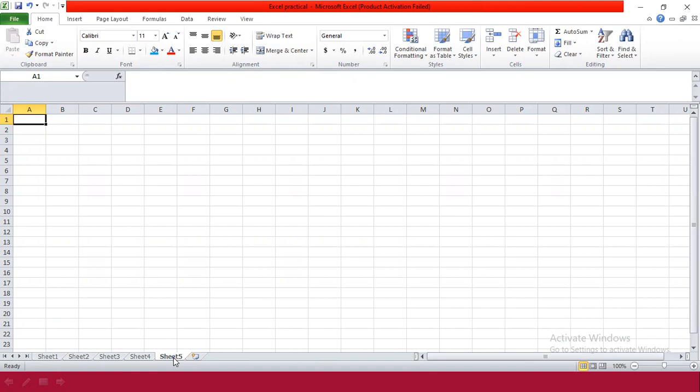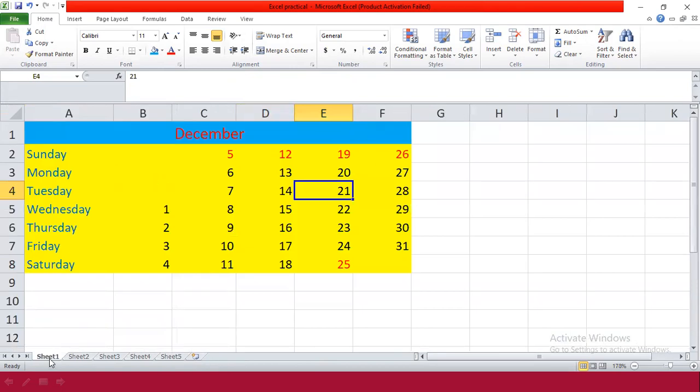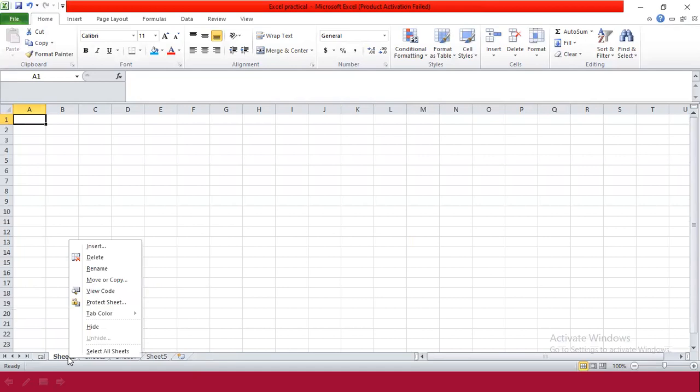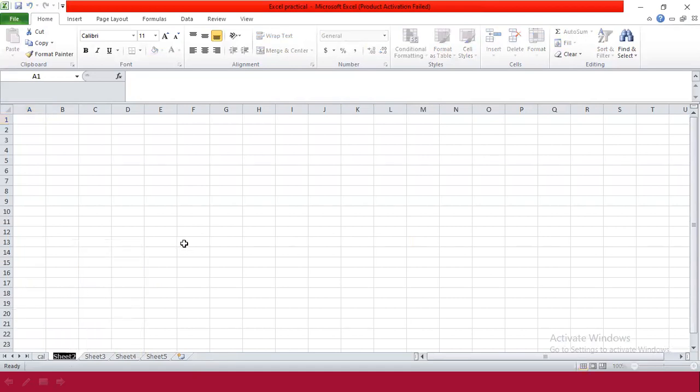Now, the next point we are going to learn is how to rename a worksheet, how to change the name of a worksheet. By default, they are named Sheet 1, Sheet 2, Sheet 3. If we want to change it, we have made a calendar here, so these sheets contain a calendar. Right click on the sheet tab. There you will get the third option, Rename. In Rename, you have to type the name of the worksheet. This is a calendar, so I want to give it the name Calendar. Suppose next I'm creating a timetable, so I can right click and just type Timetable. In this way you can rename the worksheets.